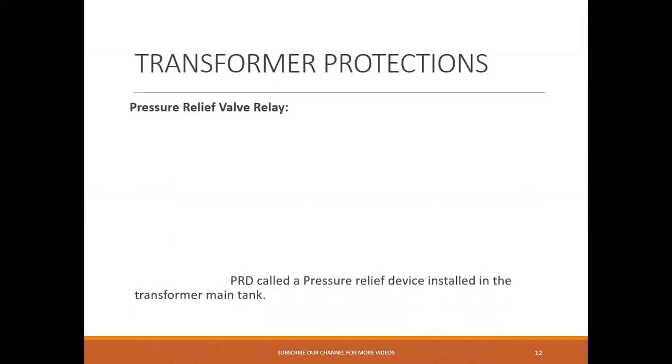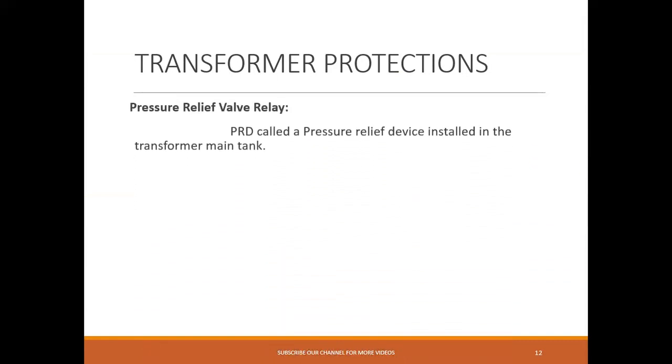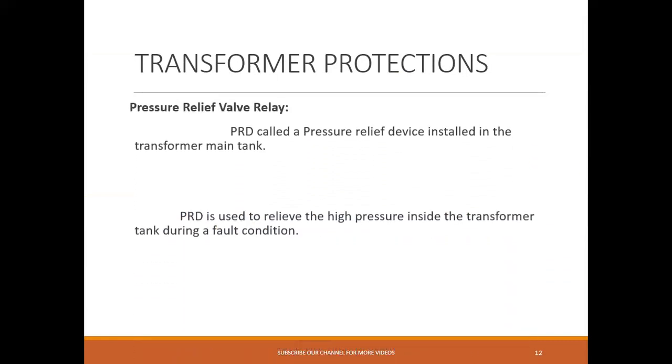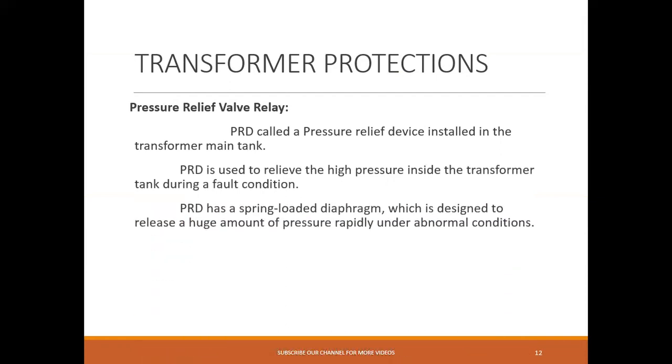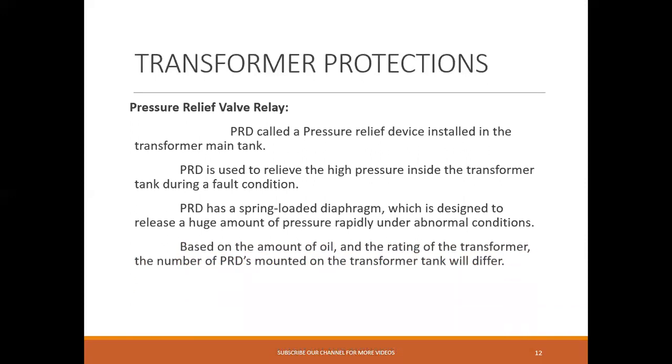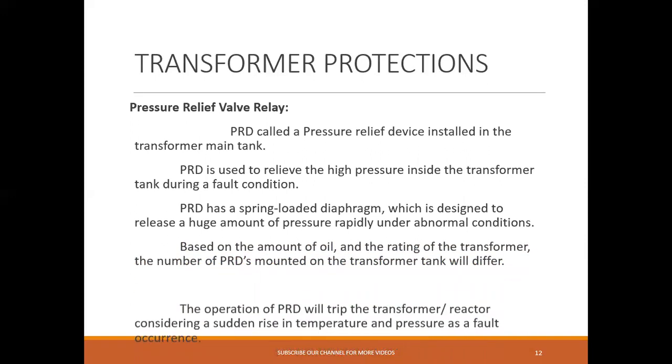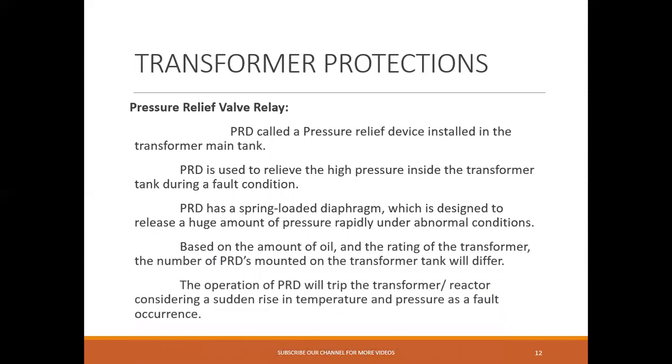Then the next point is our pressure relief valve relay. The PRD, called a pressure relief device, is installed in the transformer main tank. The PRD is used to relieve the high pressure inside the transformer tank during a fault condition. The PRD or pressure relief valve has a spring-loaded diaphragm which is designed to release a huge amount of pressure